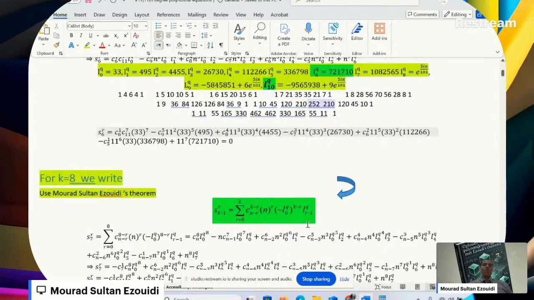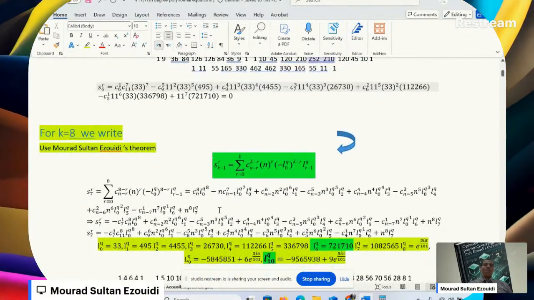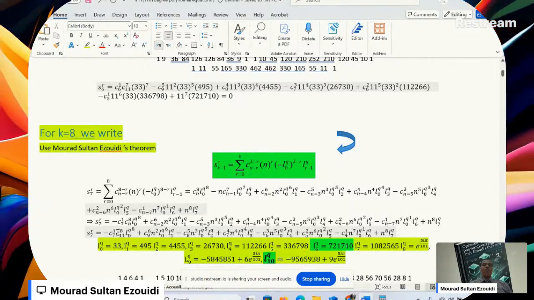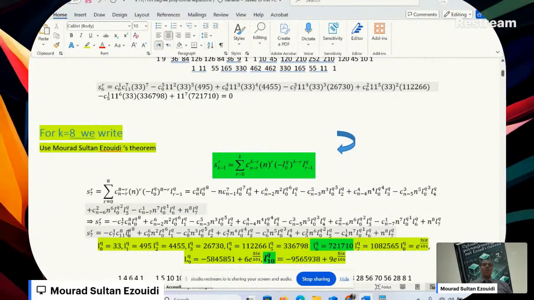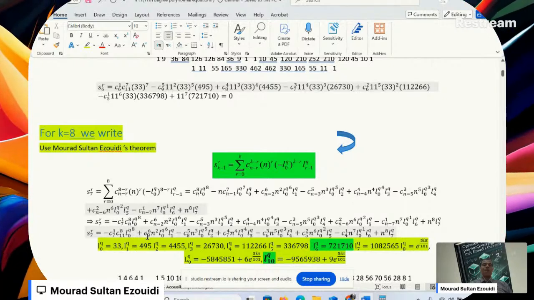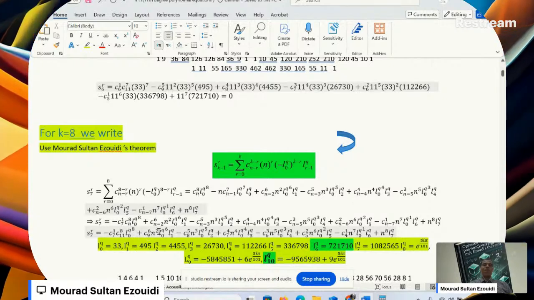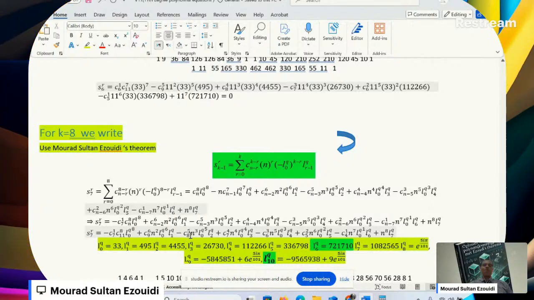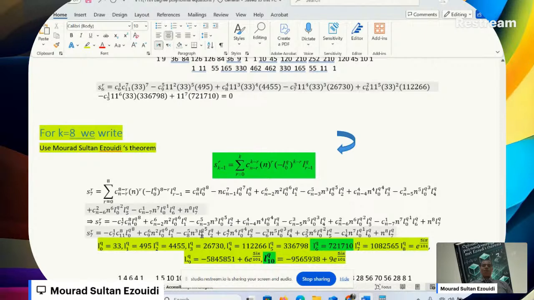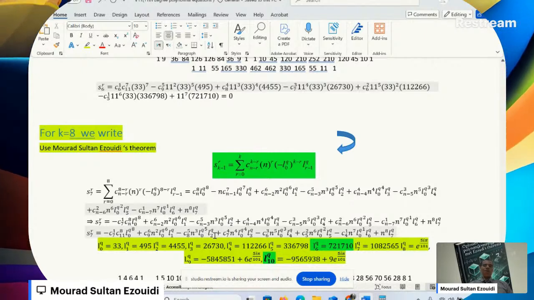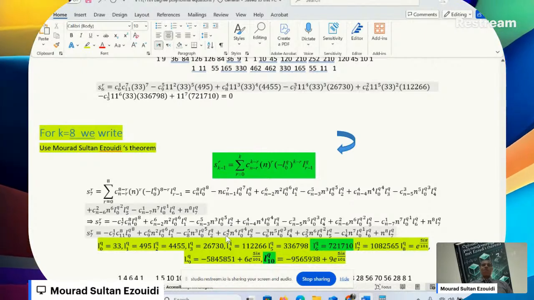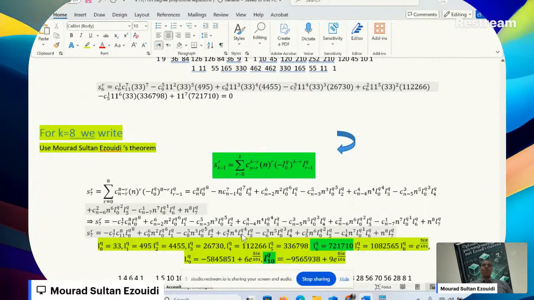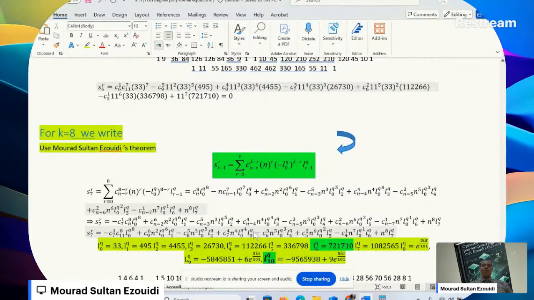After using Mourad Sultan Ezouidi theorem, we'll state that S7 is equal to negative combination 7 choose 1 times combination 11 choose 8 times L0 to the power 8, plus combination 9 choose 6 L0 to the power 6 times L1, minus combination 8 choose 5 L0 to the power 5 times L2, plus combination 7 choose 4 L0 to the power 4 times L3